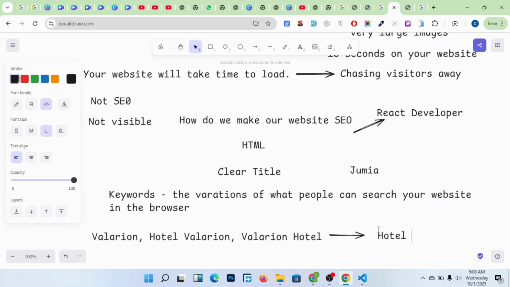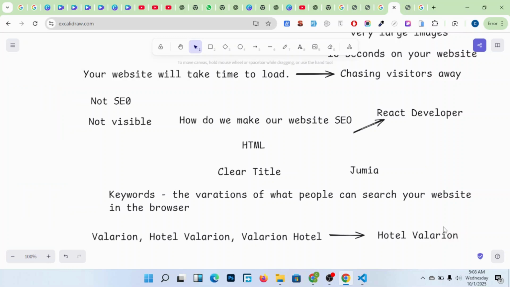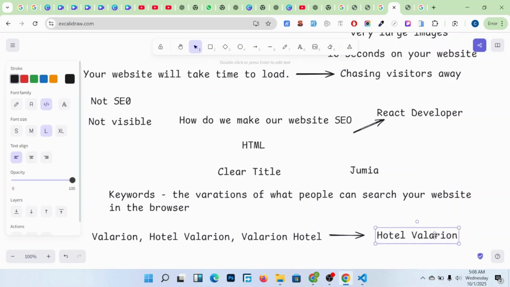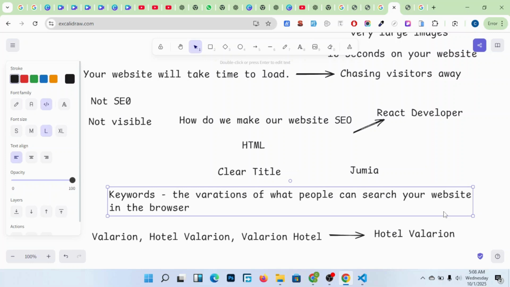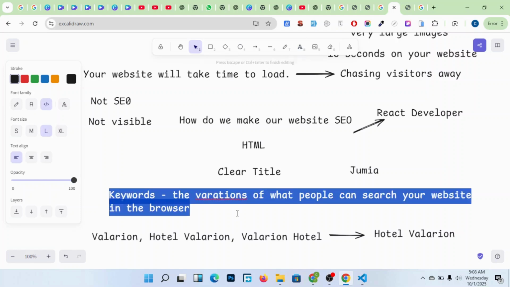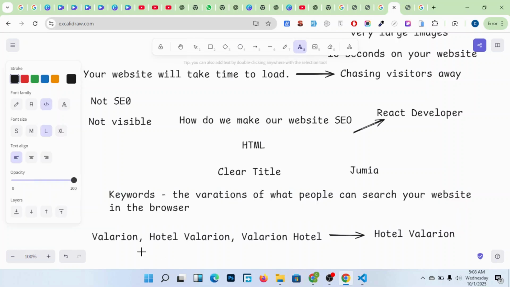I'm using this as an example, but if you have your own business website, you should also do the same.